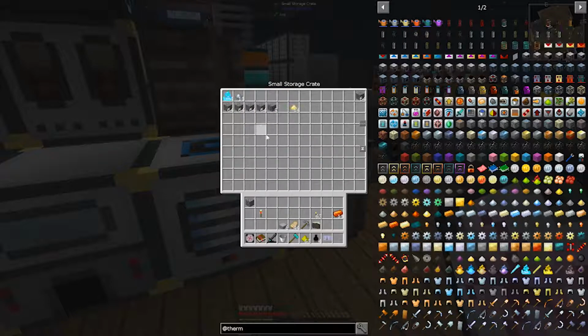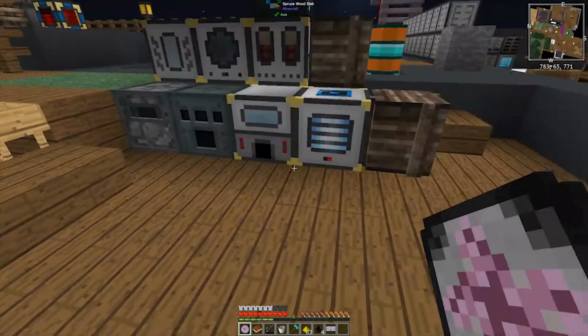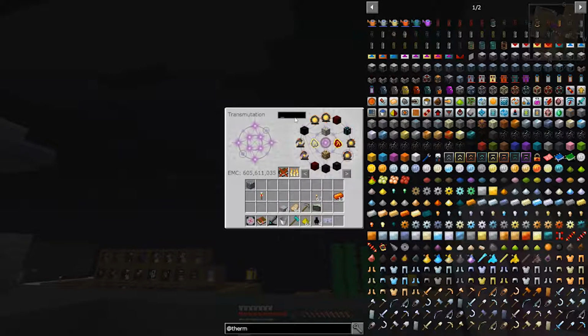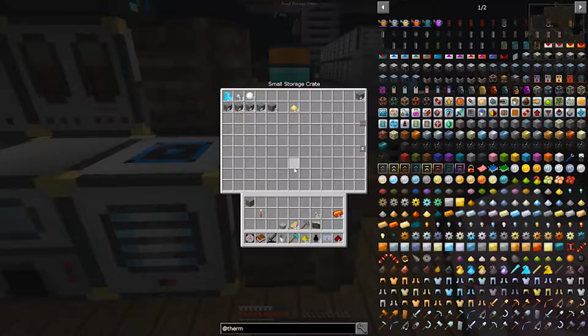Looks like we're getting Blizz powder and snowballs. Okay, cool. So that's what we needed. And then we need Blizz powder, Cryotheum dust. There we go. And redstone. So let me grab some redstone. Redstone. Bam. Okay. And then we can actually make...